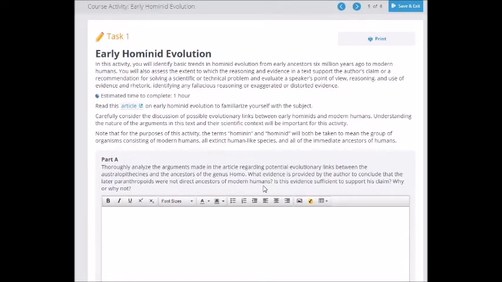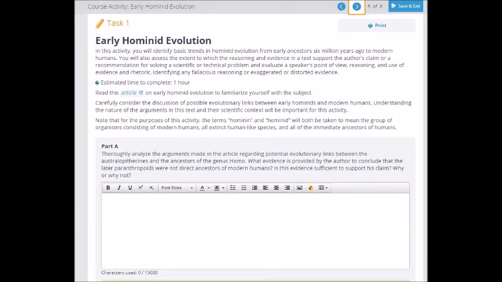your job is to examine the evidence. What does the author offer as evidence to support his claim? Okay, is this sufficient to support his claim, and why or why not? This should not be a one-sentence answer. If you give me a one-sentence answer, I'm not going to give you full credit, or very much credit at